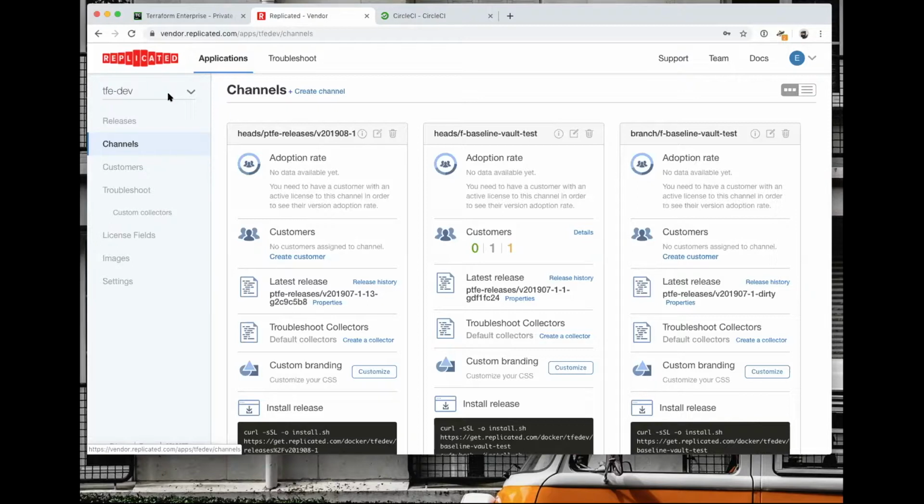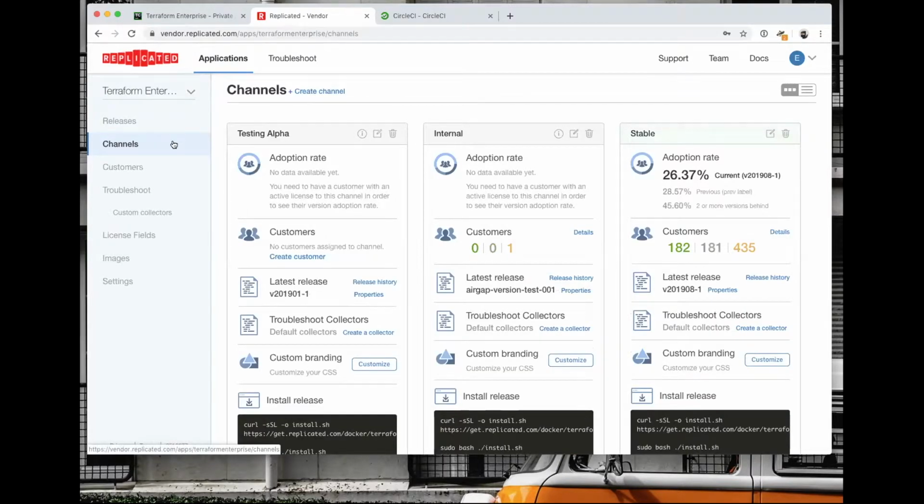Yeah. Great. So let's go back to the main application here. Sure. And let's talk a little bit about license management. Beyond just pipelines and releases, we see managing customer licenses as a really big part of the value that Replicated provides. Obviously you're creating licenses through automation on the testing side, but here on the production side, I think we talked about how you use the customers panel to manually provision licenses.